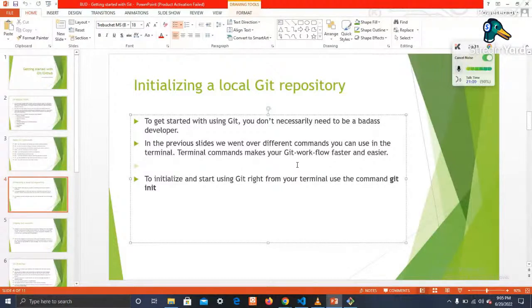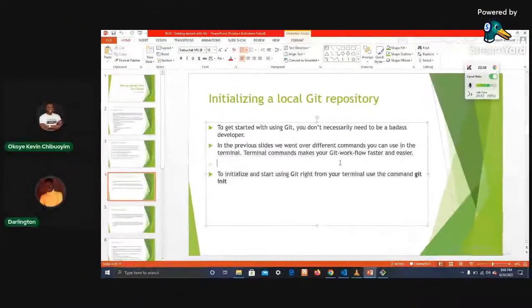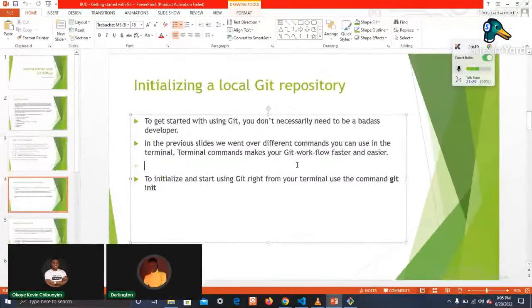In the previous slide, we went over different commands you can use in the terminal. Like I said earlier, terminal commands make your Git workflow faster and easier, and you don't need to bother about this PDF. If you are in the BlockchainUNN developers group, I'll be sharing the PDF later once we are done with the session. So, over to initializing a local Git repository.